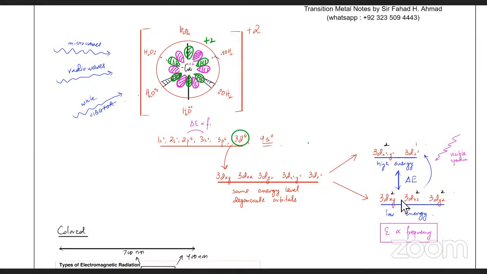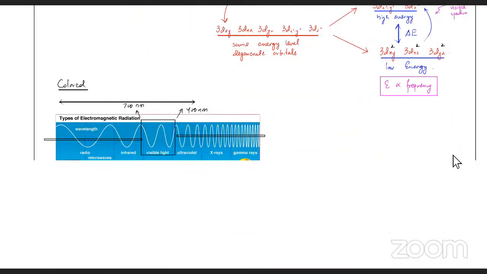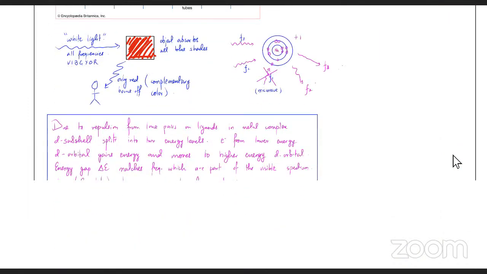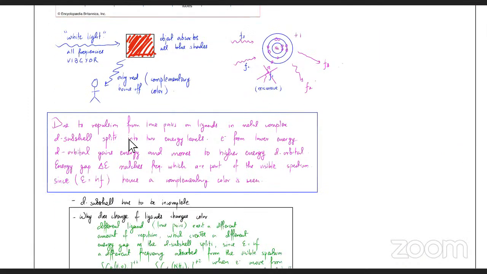So there's going to be an energy gap, and your electrons would jump from the lower energy d subshell to the higher energy d subshell by absorbing a frequency that belongs to the visible spectrum. So in the first part, you're going to get two types of questions. The first one, if they ask you why they're colored, the answer would be: